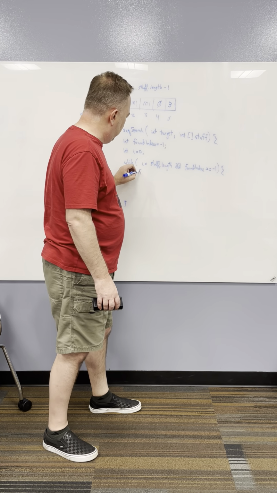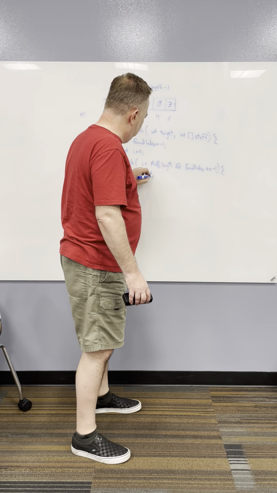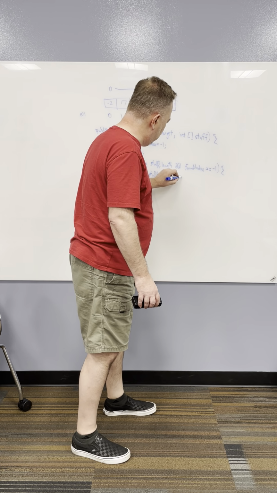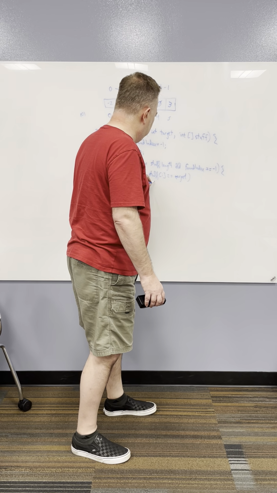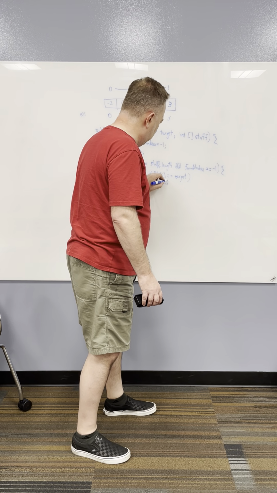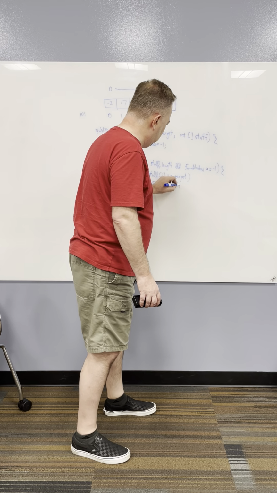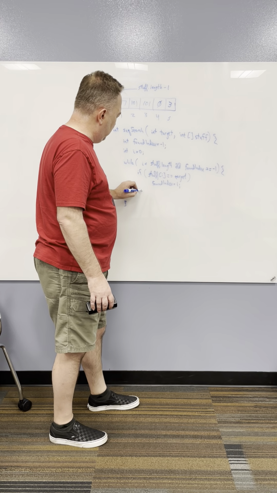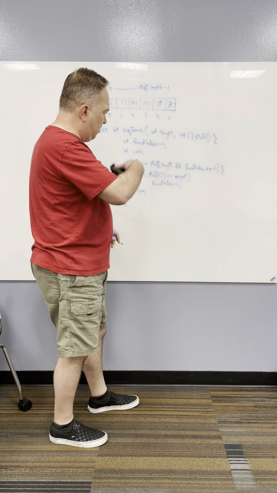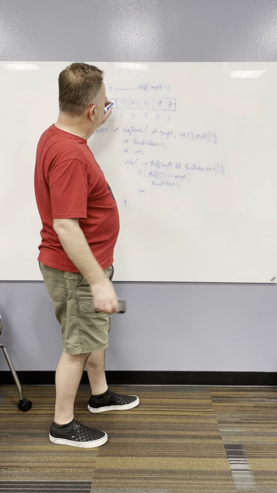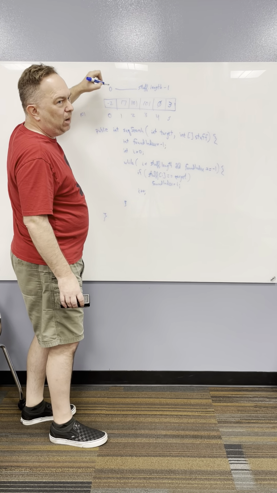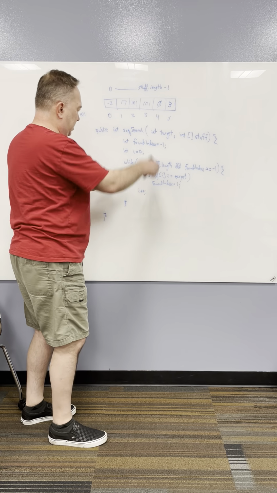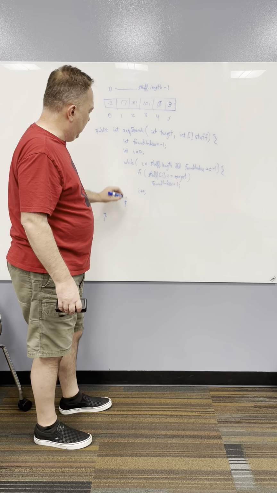We'll say if, just like before, stuff[i] is equal to target, and we'll say found index is equal to i, right? Just like before. So if we match, set the index, and then here, regardless, we'll say i++ to increment the index. If we don't increment the index, it'll keep looking at the same box of the array, same element again and again and again. That's not what we want. That would be dumb. So we want to increment this in here, okay, and then return